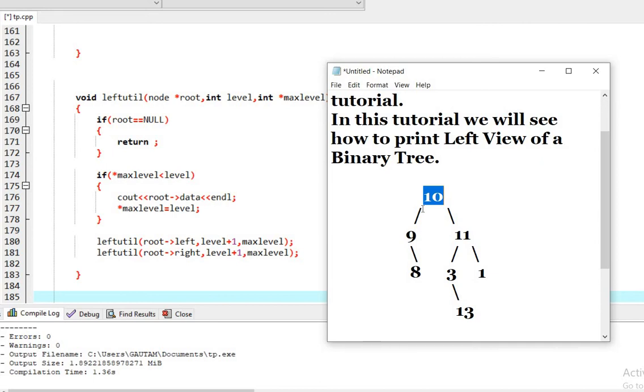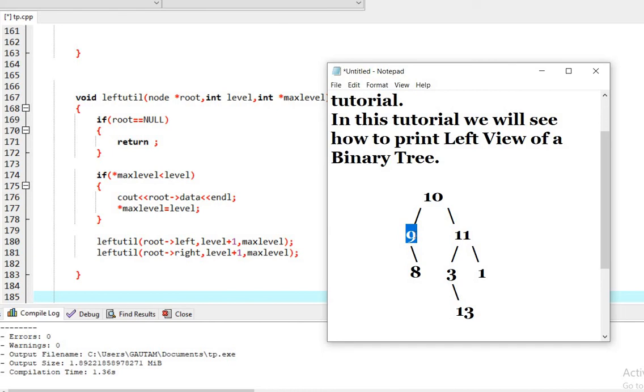Then this statement is called, left util of root arrow left, level plus 1 and max level, that is now level will be 2 and max level will be 1, and it will go to the left part, that is it will come to 9, right?